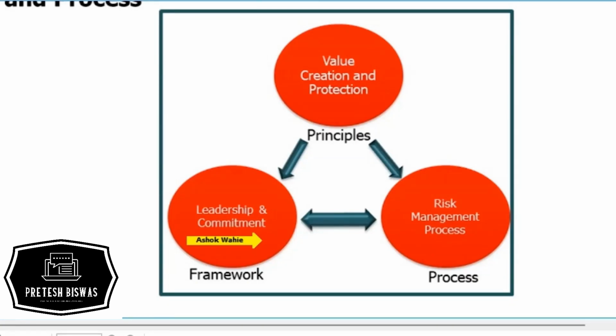So there is a bi-directional arrow between the framework and the process, and there is a unidirectional arrow between the principles which are applied across when we design the framework and when we design the process. In this concept, the three pillars. So risk management is based on what are the principles, how to design the framework, and how to create a